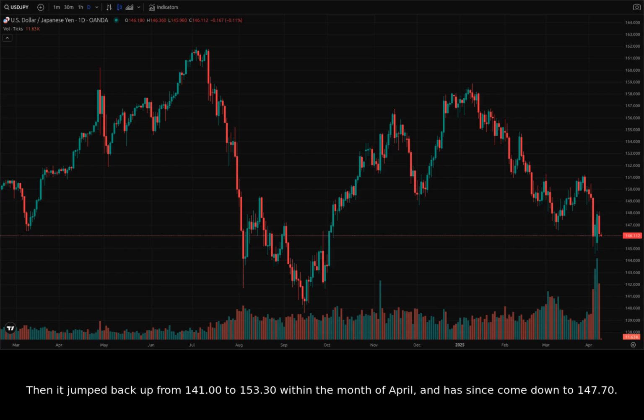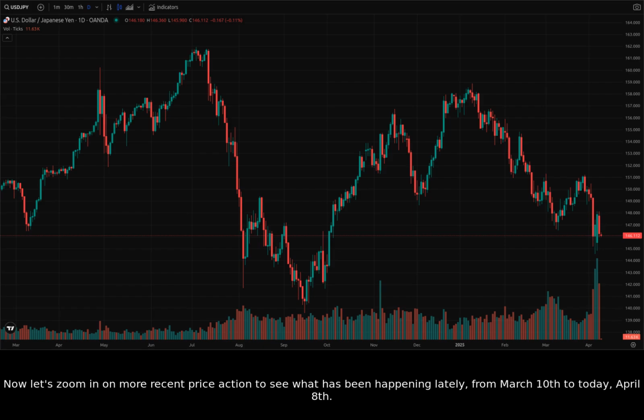Then it jumped back up from 141.00 to 153.30 within the month of April, and has since come down to 147.70. We'll want to watch the 145.00 level as a potential support and the 148.00 level as resistance. Now let's zoom in on more recent price action to see what has been happening lately,